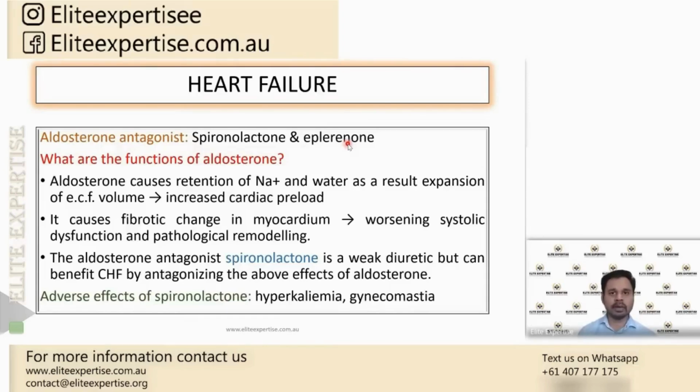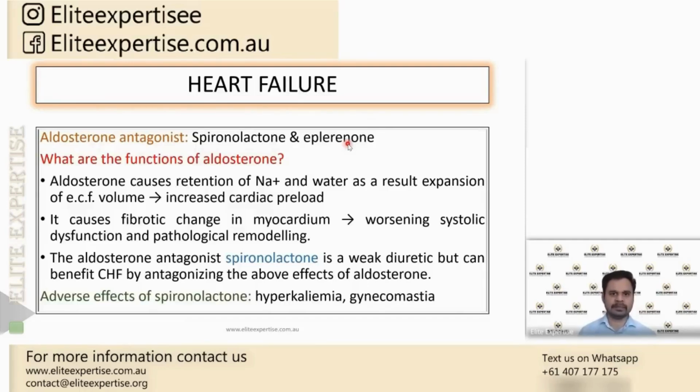So first of all, what is aldosterone? Aldosterone is a hormone released by the adrenal gland, the adrenal cortex. It releases a mineralocorticoid, and the name of that mineralocorticoid is aldosterone. So its name itself indicates that it is a mineralocorticoid. Its major function is that it keeps on reabsorbing sodium and water into the body. Aldosterone always reabsorbs the sodium and water at the collecting duct of the nephrons into the systemic circulation,